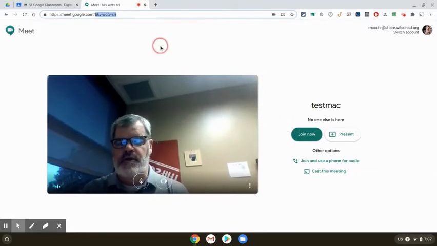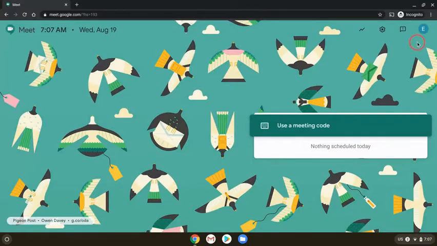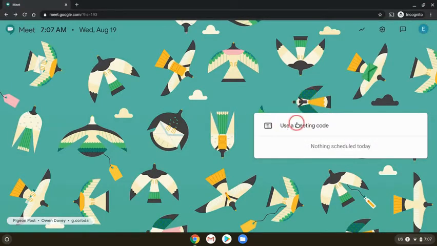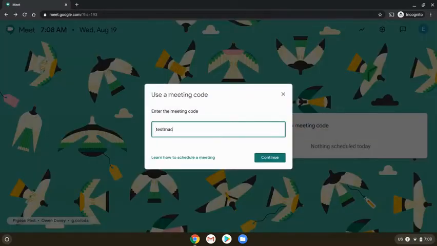So for example, if I'm flipping over here and I'm logged in as a student in this particular case, I can hit use a meeting code. Notice it says you can't create a meet. So if I do say, hey, use that test Mac meeting code, and I hit continue,